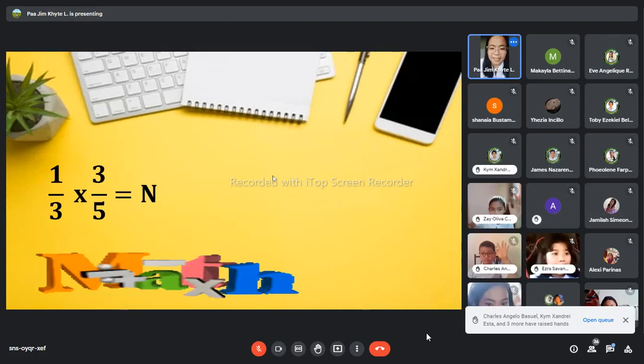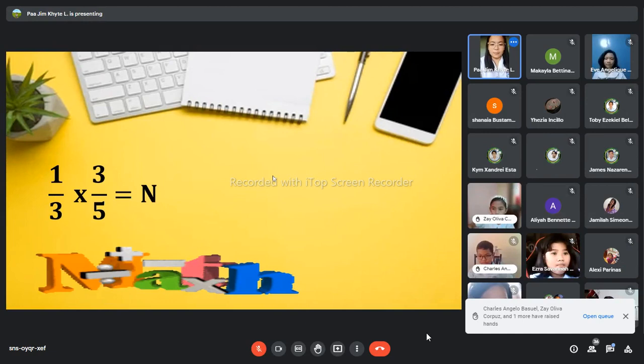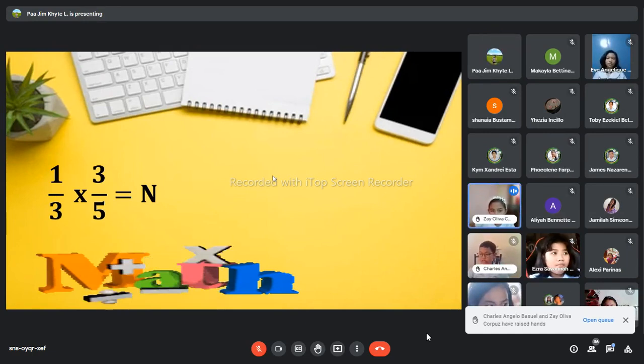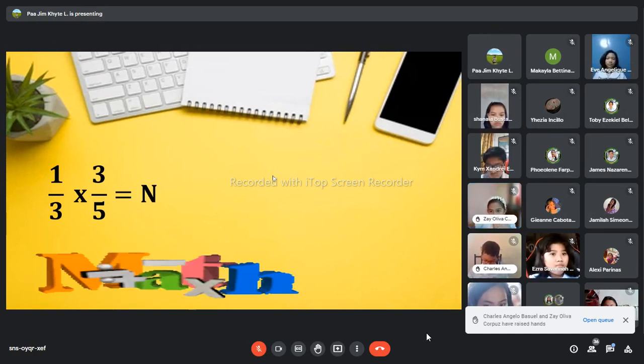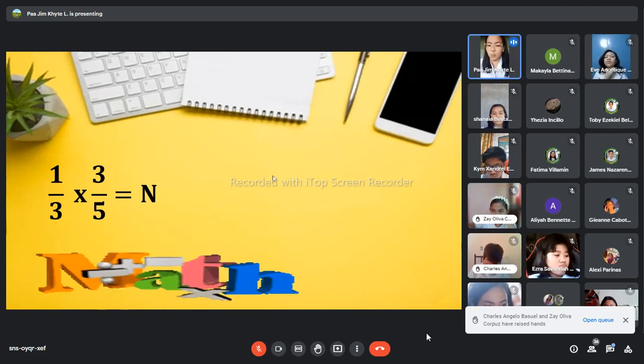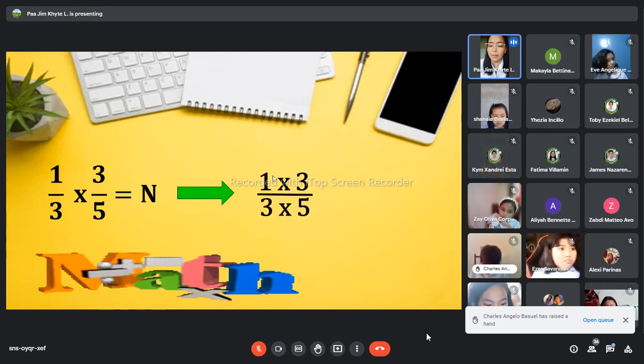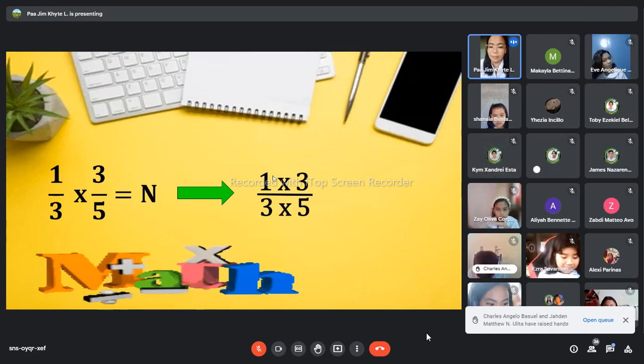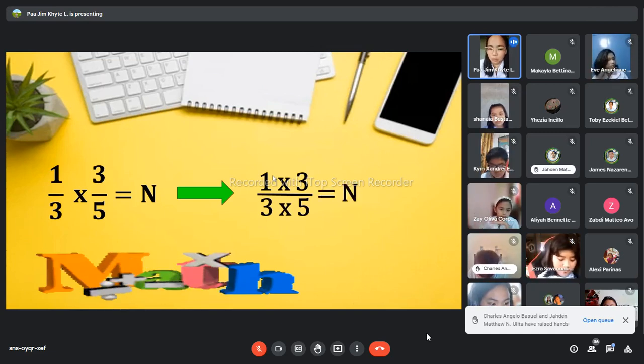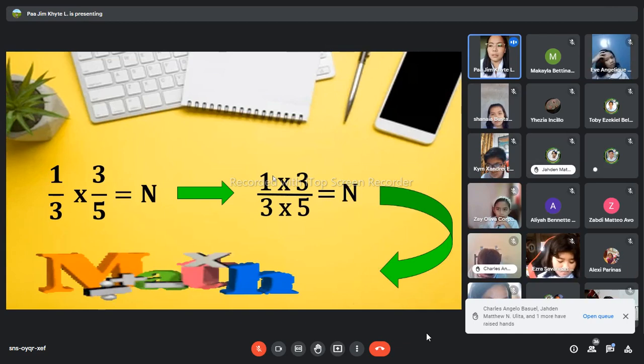Zay? 1/3 times 3/5. Yes, our next equation is 1/3 multiplied by 3/5. So the next thing that we should do is to combine the numerator and the denominator. So it will look like this. 1 times 3 over 3 times 5 is equals to n. So 1 times 3 is equals to